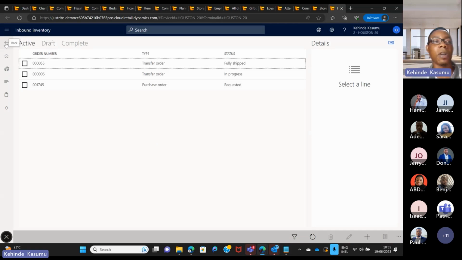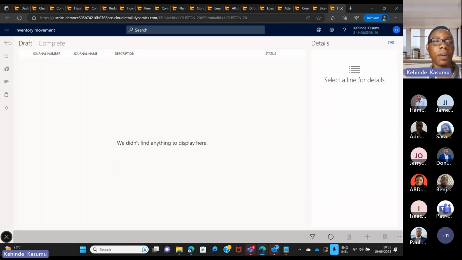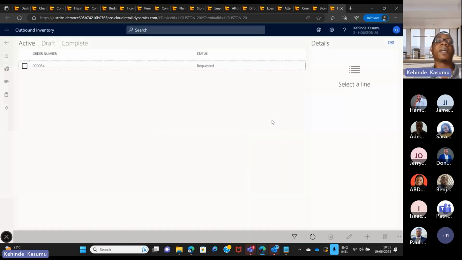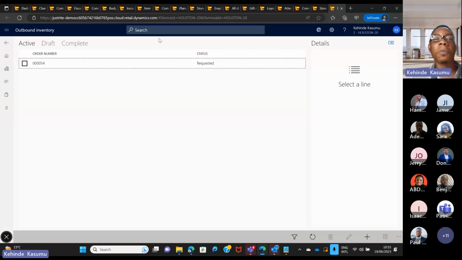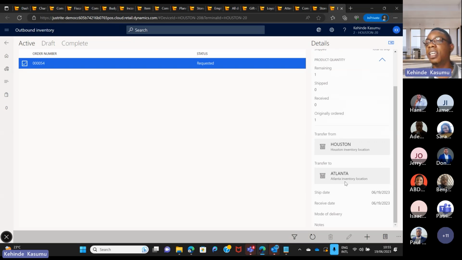The same thing goes for outbound inventory. Let's go back. Outbound inventory. Yeah. So you can view the outbound inventories. Maybe you're doing a transfer from your own store to another store. I am in Houston here.